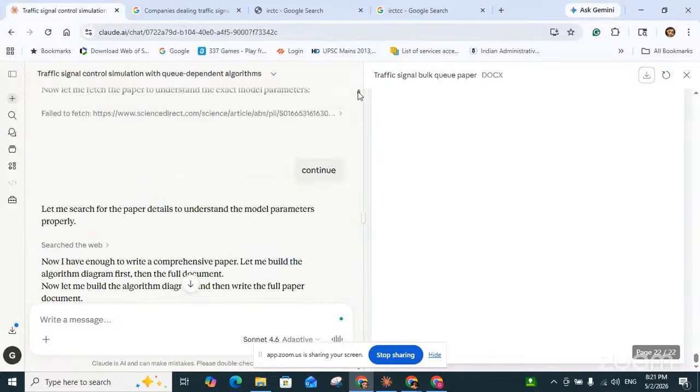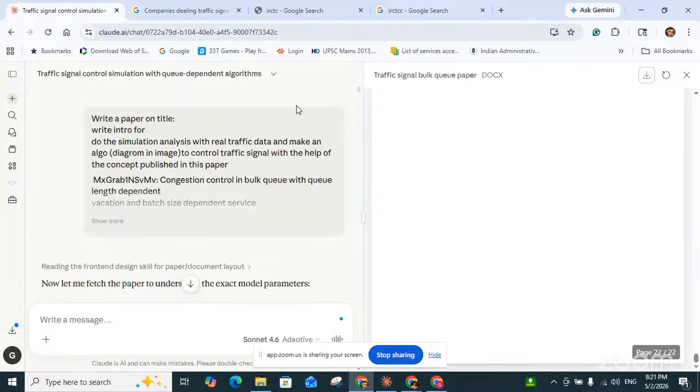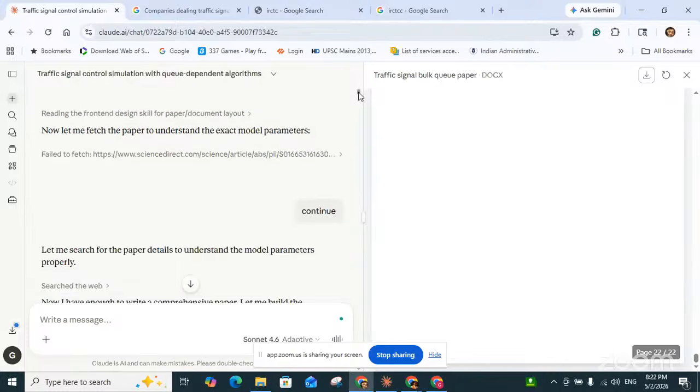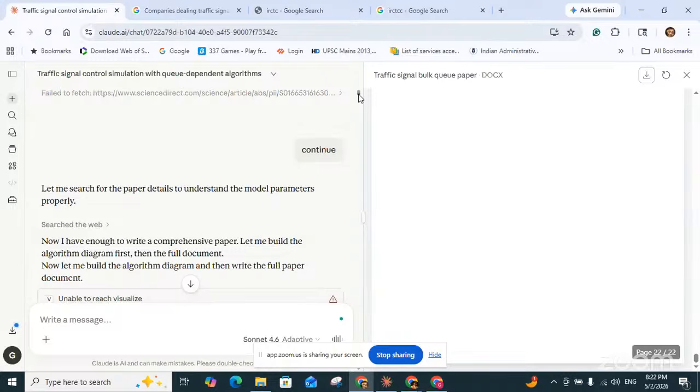Here I have given the particular topic which I have published earlier, and asked it to give the simulation analysis and the coding for that simulation, so that we can edit if there is any bug or for any further paper. So I have used AI as a tool, not as a collaborator, for something which I cannot do as a mathematics student. Just like for a computer science student simulation is very easy, but I cannot do it unless I give my full effort.